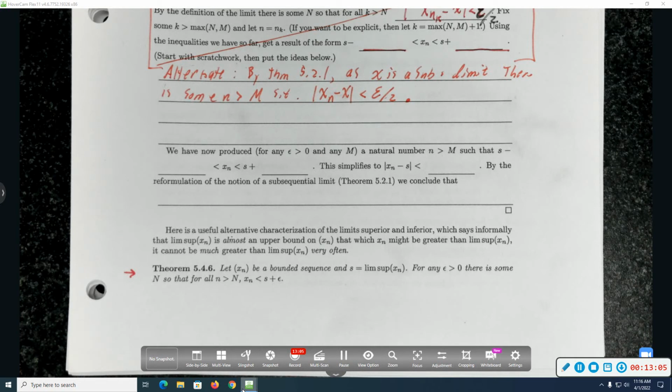If we add s to each side, it would be transitivity, but if we add s, it would be s minus epsilon less than x minus s. Did I say s? My brain is fried. No, I think x is less than s plus epsilon, and then from there we have